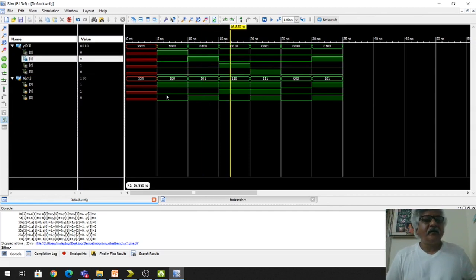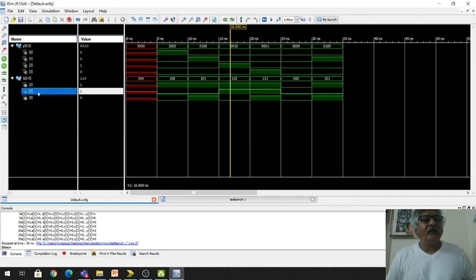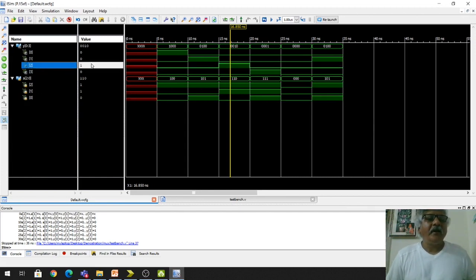We check another condition. Again first we check the enable. Enable means A2. A2 input is 1. Now depending upon A1 and A0, A1 is 1, A0 is 0. So output Y2 will get 1. Output Y2 is 1.